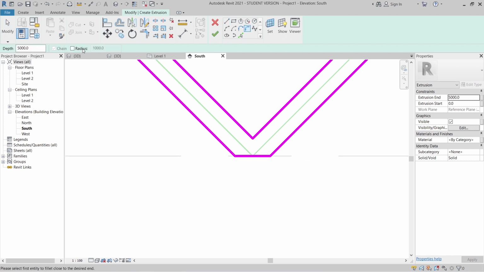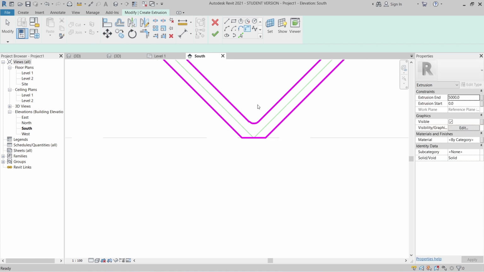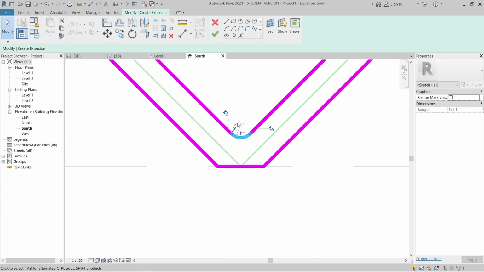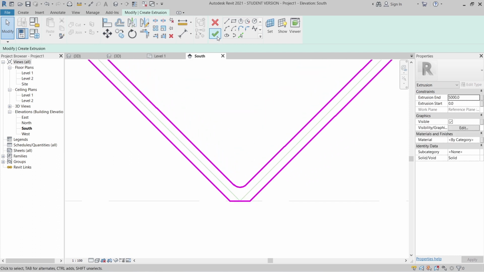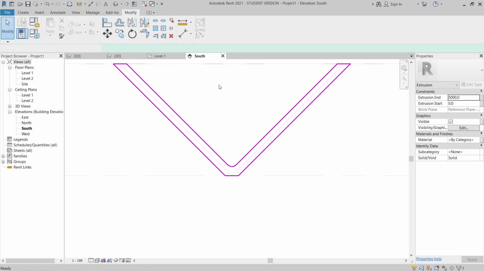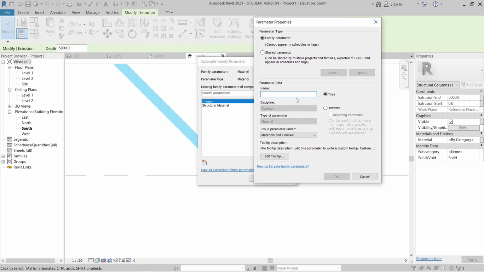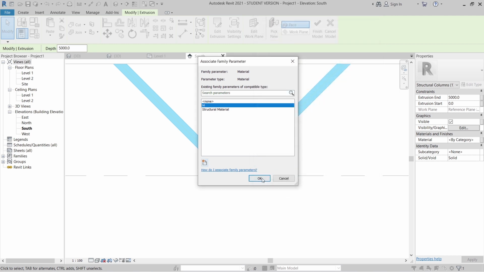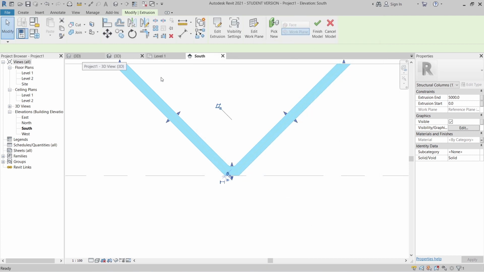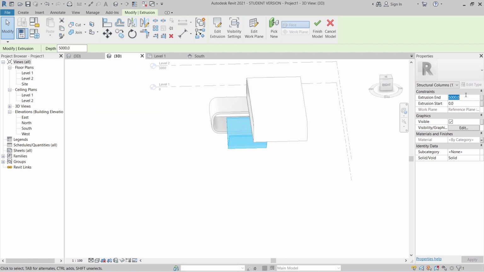trim, filter. I'm going to use filter about 100 millimeter, make it more interesting a bit. Hit escape a couple times. Okay, let's make it 150. Okay, perfect. Let's hit finish first. Then assign a new parameter for material as well. Make it M also. It's okay. And go to our 3D here and make it about 200 millimeter. Apply. And we just hit finish first.